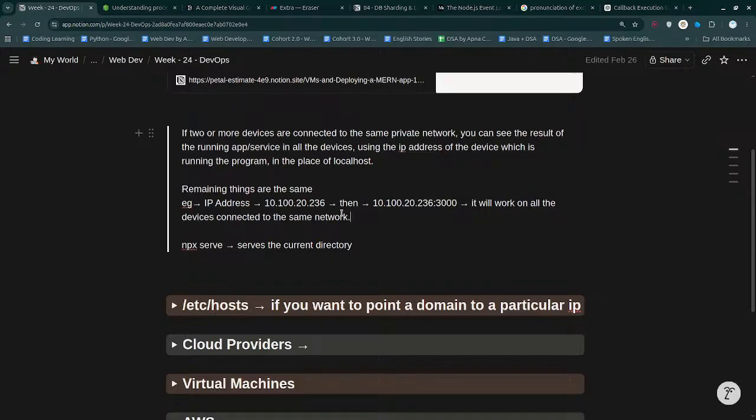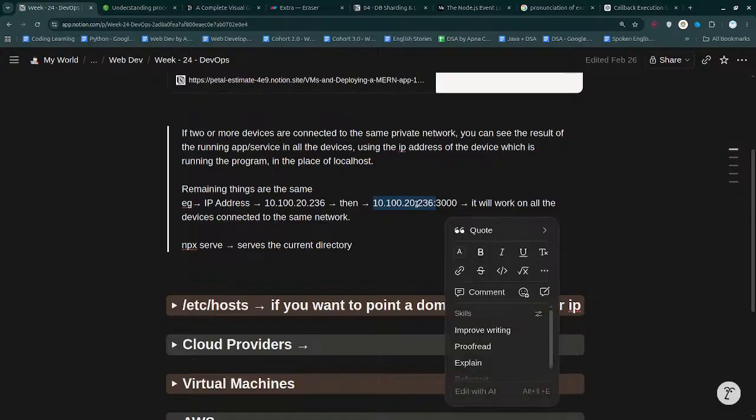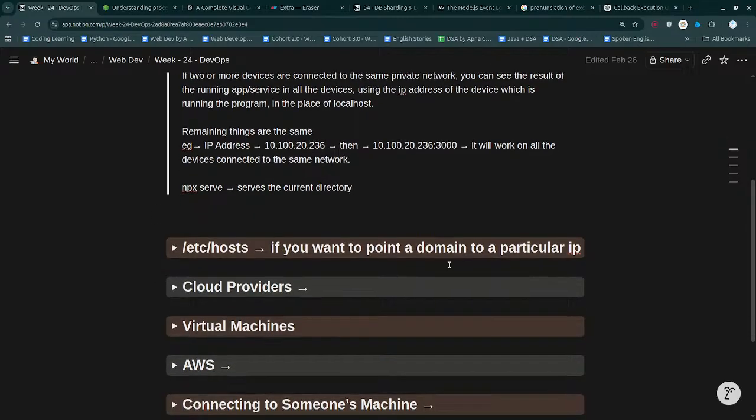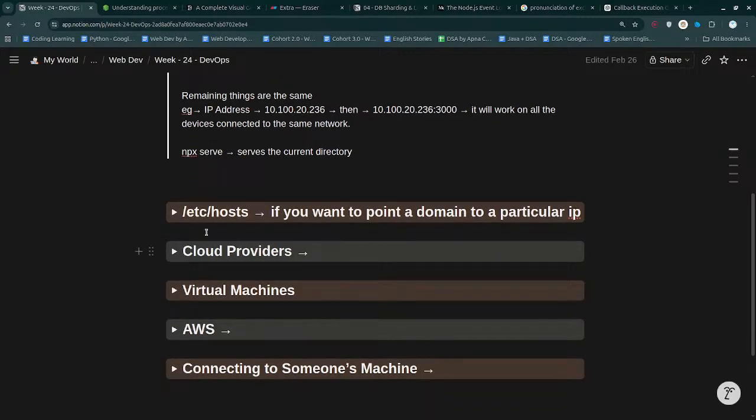So ultimately, if something is connected to the same network, using the IP address of this one, you can simply access it. Why can you access it? Mainly because that is in the same network, and when you send the request, you will be able to connect to the other machine. So yeah, that's mainly because of that. npx server serves the current directory. That is right. If you want to point a domain to a particular IP,